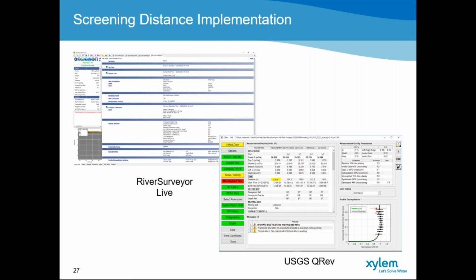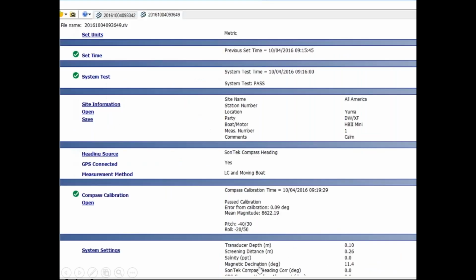The one is where you can install the software without the screening distance implemented. And the second option would be to have that 16 centimeters as default implemented in the system. So that's an option you have right in the beginning when you install the software itself. When you have installed it and you perform the measurement, then you will see on your SmartPage on the system settings,